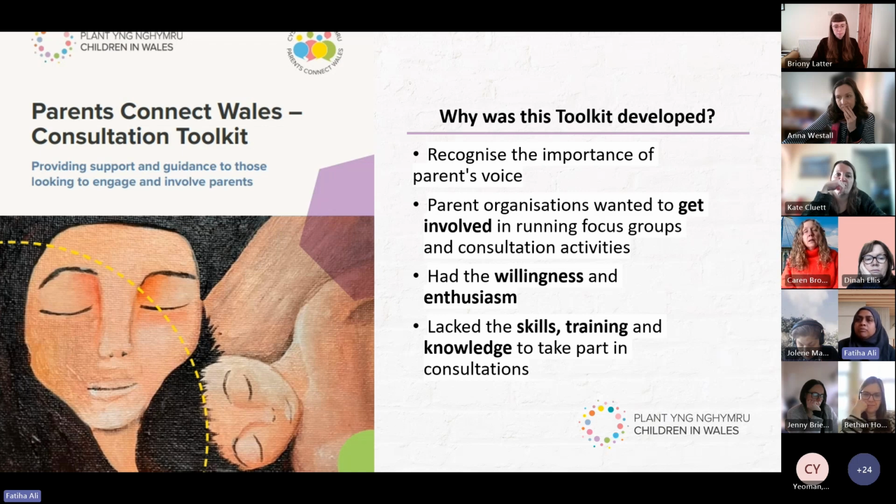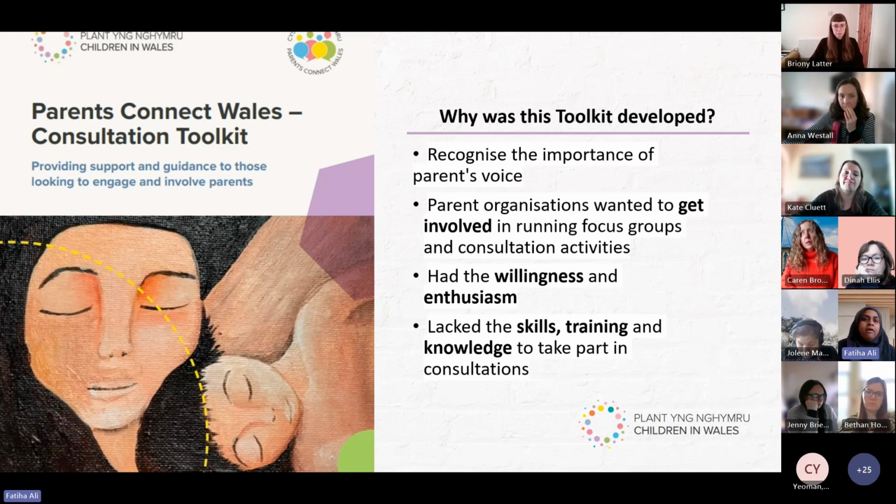So we wanted to capture that willingness and enthusiasm and help them to use it to run these consultation activities. We came up with the idea of developing a toolkit, because we recognized the importance of parents' voice, and we wanted that to be captured by the organizations themselves, instead of going out and doing it ourselves all the time.